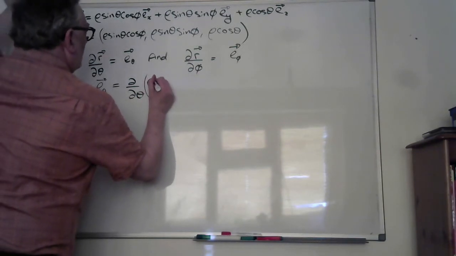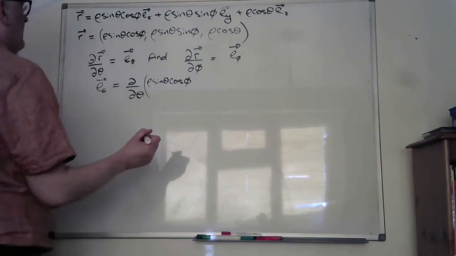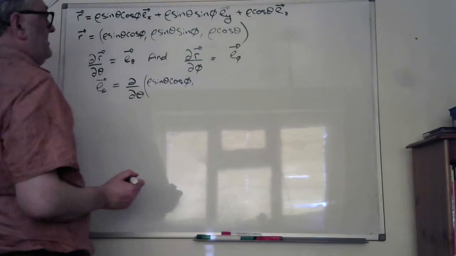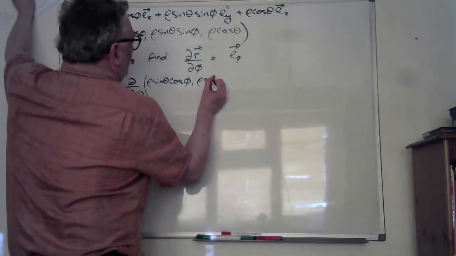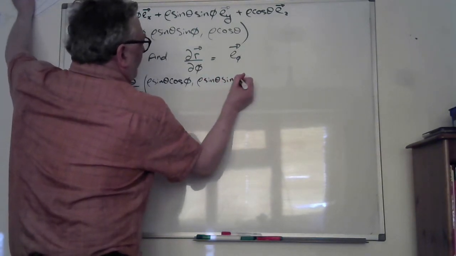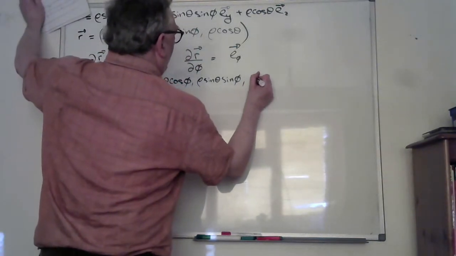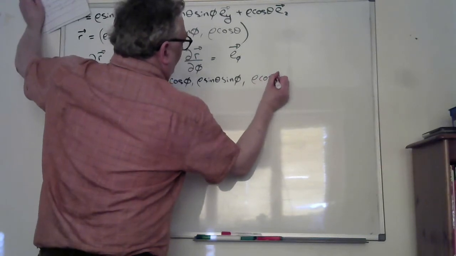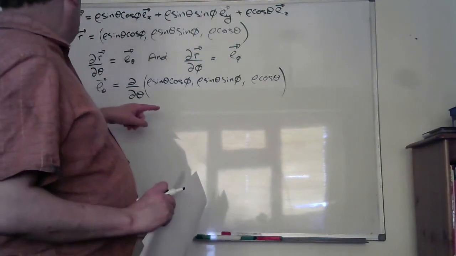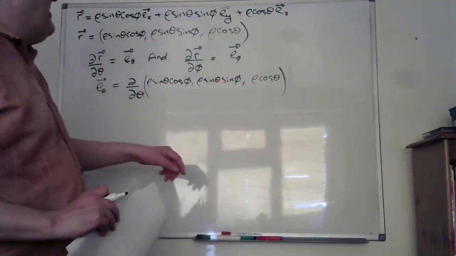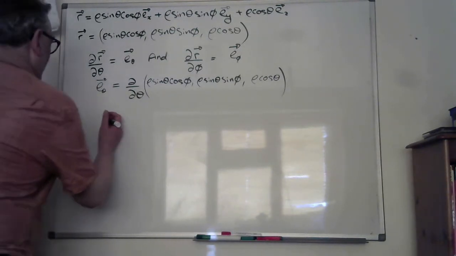So we've got rho sine theta cos phi, and I'm going to separate it with the commas because I think it simplifies it a lot more. And then we've got rho sine theta sine phi. That would be the y component, if you like, and the z component would be your rho cos theta. If I put the basis vectors in with the plus signs in between, that would have been right up to there, and I really want to conserve space, so I hope that's okay. So if we differentiate